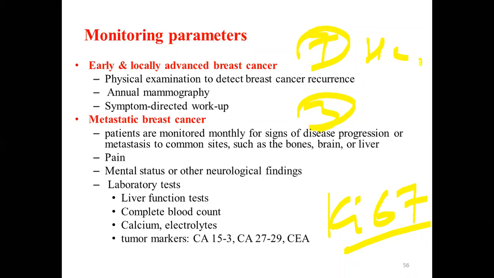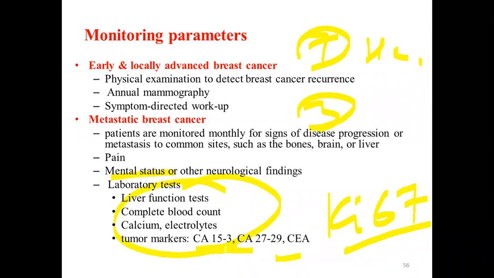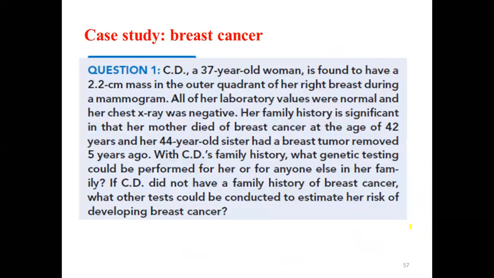Otherwise, they look at the clinical parameters, clinical improvement, especially in metastatic setting. They look at the mental status. They look at laboratory function tests if there is involvement, and also tumor marker in breast cancer. But they told me they don't do this one commonly. They do only the hormone receptor status, as well as the Ki-67. So those are the most common tumor markers that can be considered to assess the treatment response. So I think that is all about breast cancer.